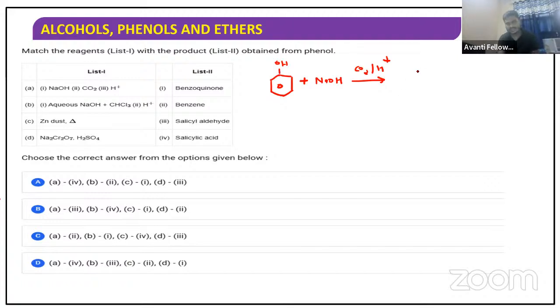Obviously, we'll get salicylic acid. This is called the Kolbe reaction, right? So in the Kolbe reaction we'll get